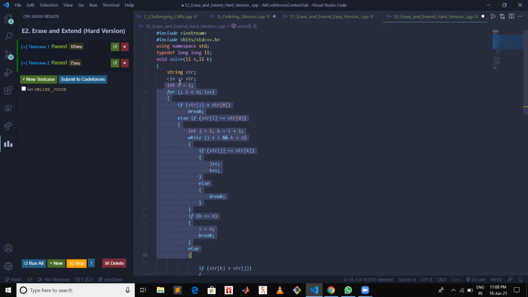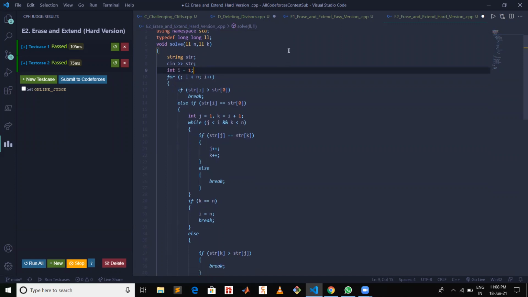So I'm iterating from i equal to 1 to n, and I have kept i outside of this loop because at the end this i will be pointing to the location from where I can delete the rest part up to the end, so that the remaining part from 0 to this i portion is actually the string which will be preserved and can be concatenated later, from which we can get a lexicographically smaller one.